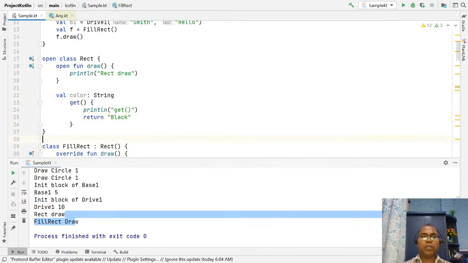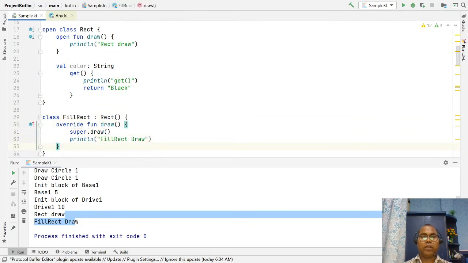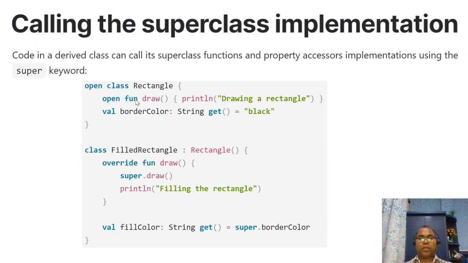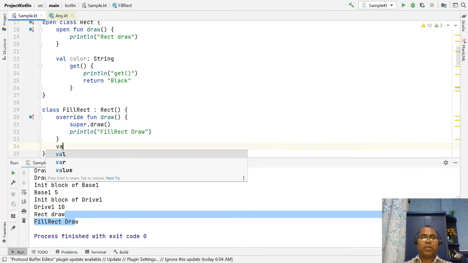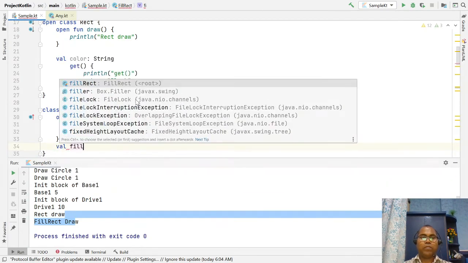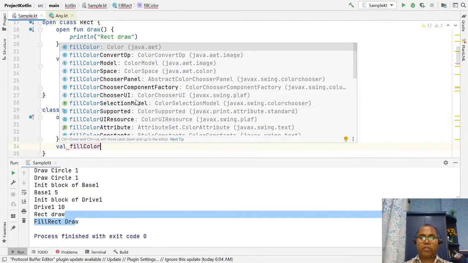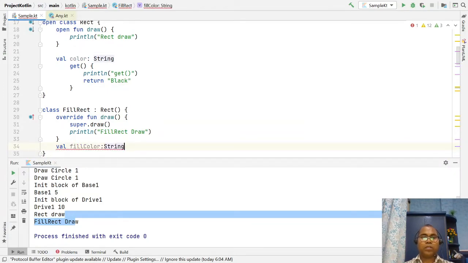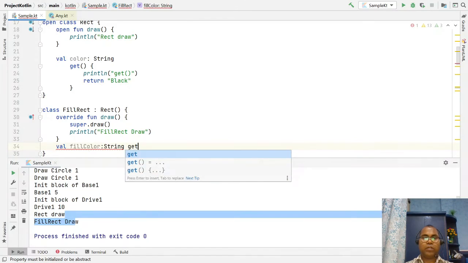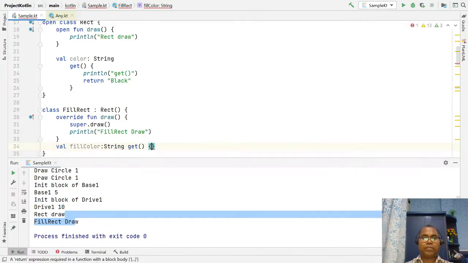Now here you want to get the fill color, and that should be a string, and you can here just override your get method.